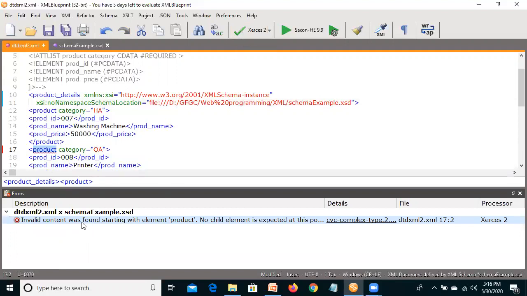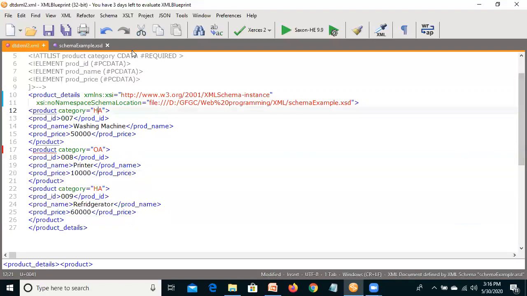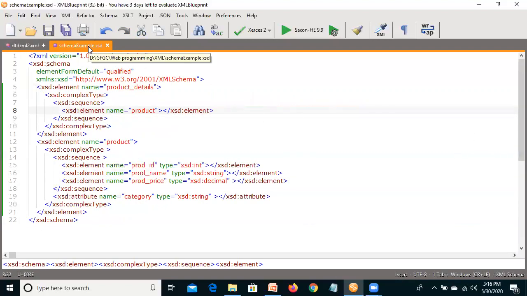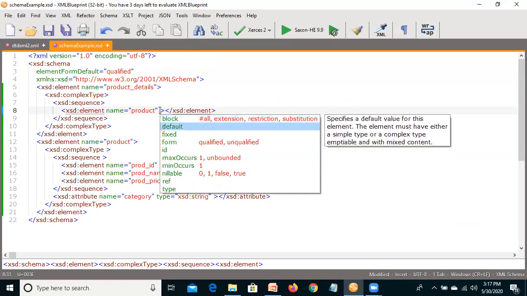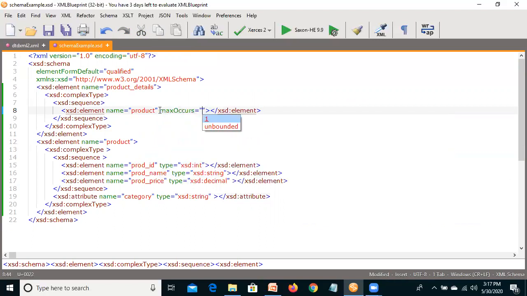Okay, invalid content was found starting with element product. No child element is expected at this position. Let's go and check the schema. For this, we have to specify another attribute, maxOccurs, and we'll set it as unbounded.